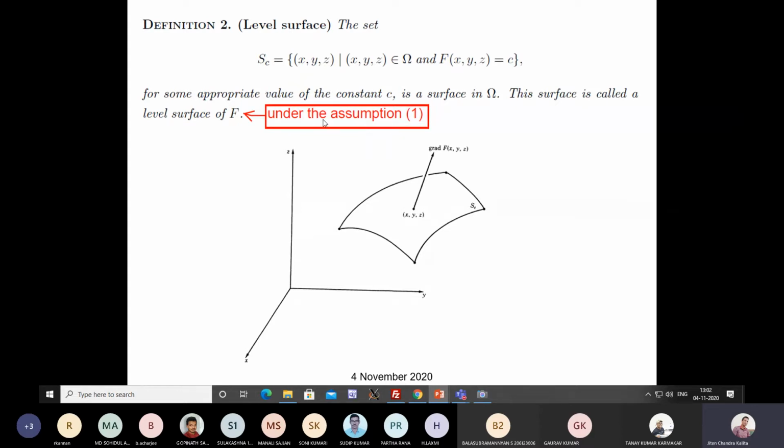And again, what is the assumption? What is the assumption here? Is that the gradient is non-vanishing. The gradient of that function, because from this function you can get a gradient vector, right? So this assumption is that the gradient vector is non-vanishing. I'll come back to that gradient vector again because we will have to deal with that all the time. Okay, fine. So now let me show you this